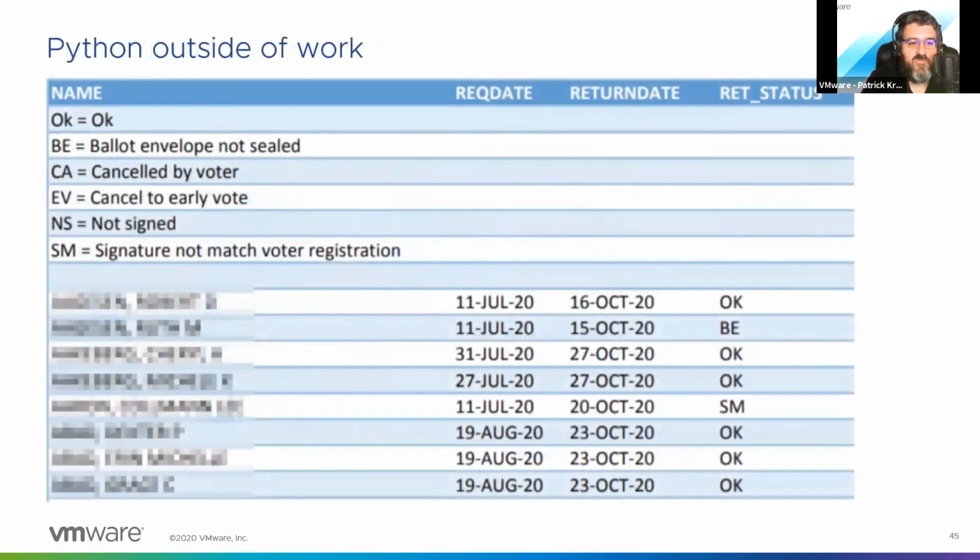And it's also made an impact outside of work, right? So due to COVID-19, in the recent election, obviously vote by mail utilization has exploded, and county clerks publish a daily report on the status of vote by mail. So who requested a ballot, when they requested it, and a status code. And I've blurred this out, even though voter information is public record and vote by mail is public record. I blurred them out anyway. I don't really need them in my slide deck.